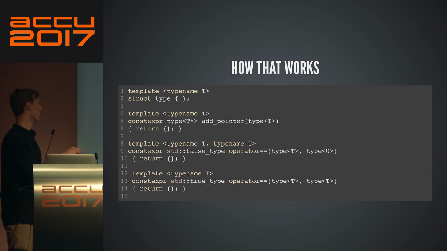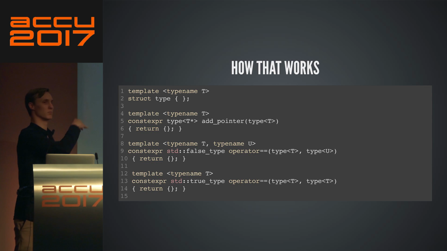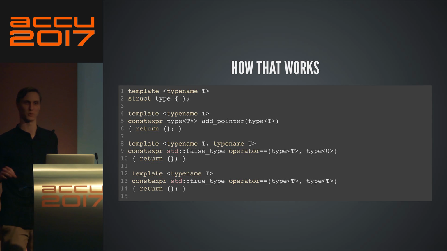And then operator equal, when I have t and u, I say, no, no, no, you're not equal. It's t and u. However, if it's t and t, now you're equal. And so you return the true type. Is everybody following me?